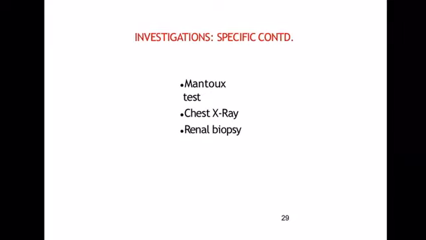Next is renal biopsy. This is the histological examination of the renal tissue to see the type of disease present. So renal biopsy is also done. Next, electron microscopy can also be done. Fluorescent microscopy and electron microscopy all show the deposition location, whether it is an endothelial, epithelial, or mesangial deposit. This also can be seen in electron microscopy.